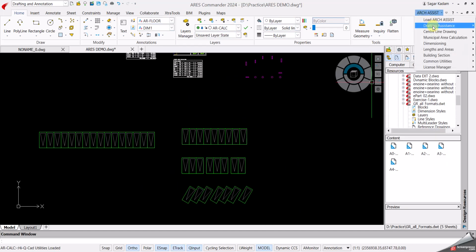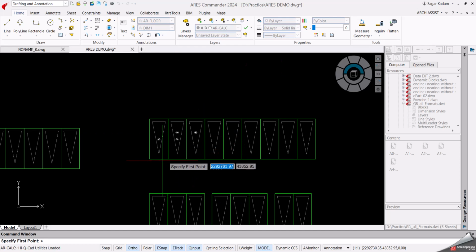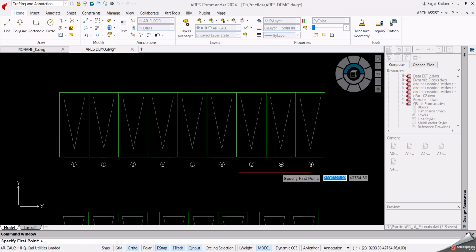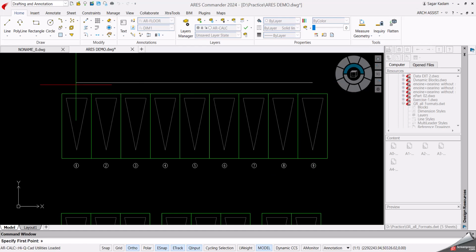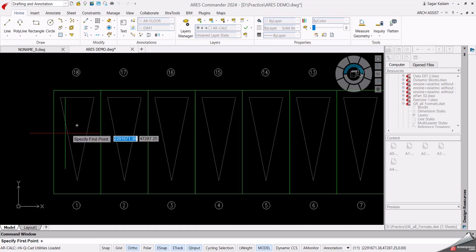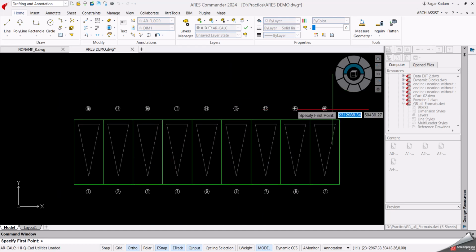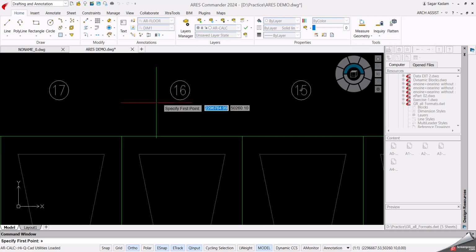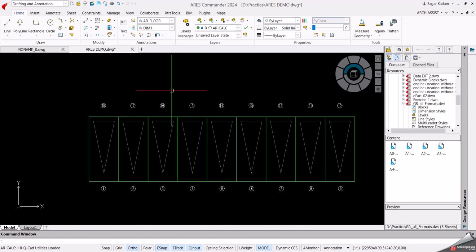For numbering purposes, you have the sequential number option. You can take it in a multiple form as well. So let's say I want to specify 9 numbers to come in the middle of these 2 points. You will see all these numbers are coming between them. Now the next sequence will be created over here. On the next 2 points which we give, it will equidistantly give numbers to this one. 10, 11, 13, 14, till the 18. So it will always give you the next 9 numbers in the sequence.